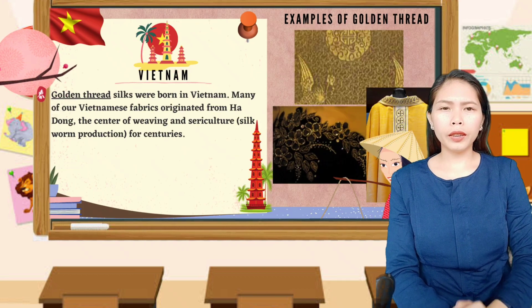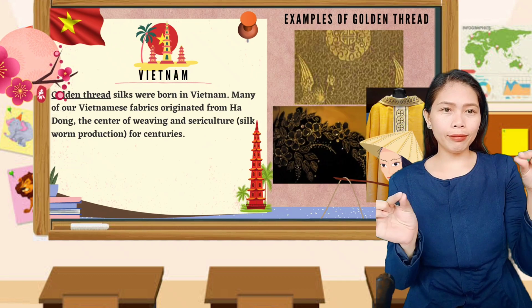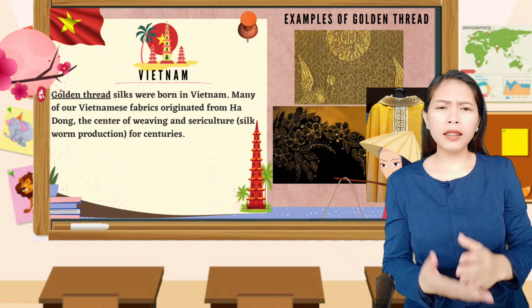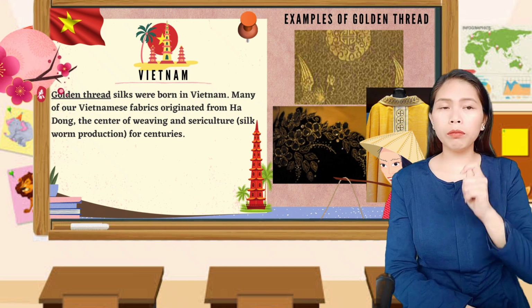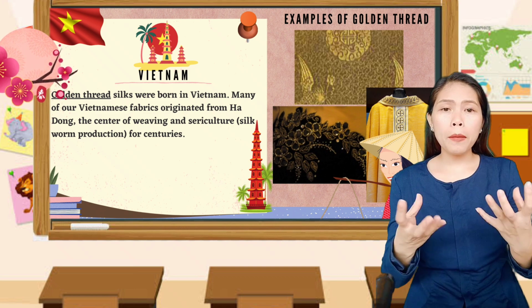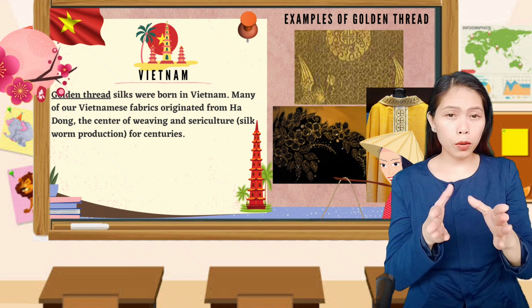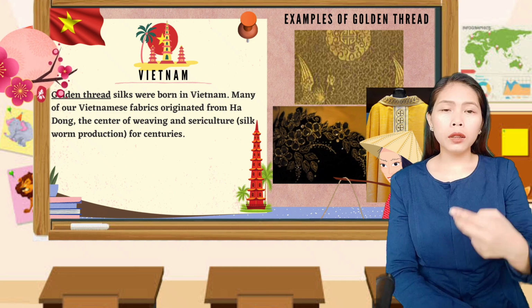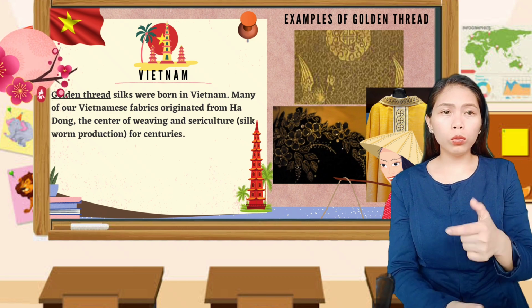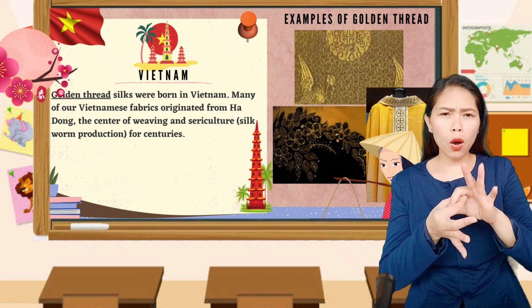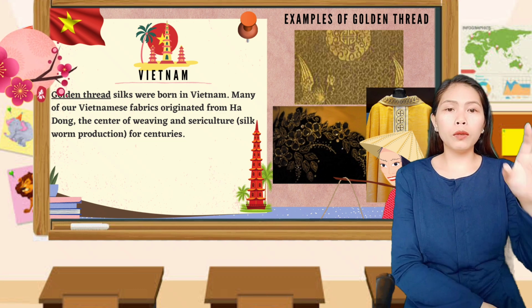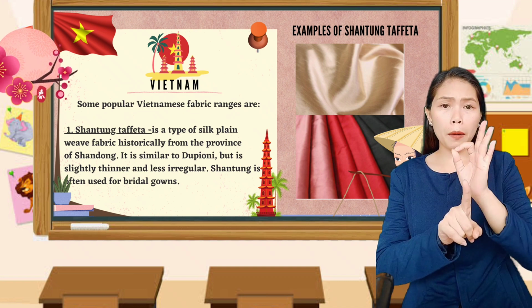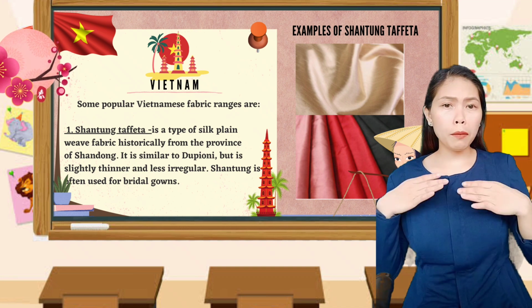Vietnam. Golden thread silk was born in Vietnam. Many of our Vietnamese fabrics originated from Hadong, the center of weaving and sericulture, silkworm production, for centuries. Some popular Vietnamese fabric ranges are